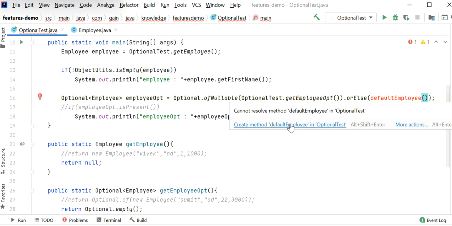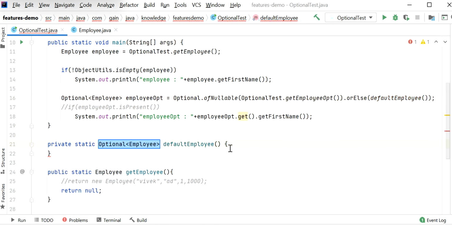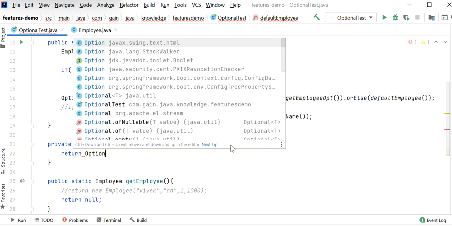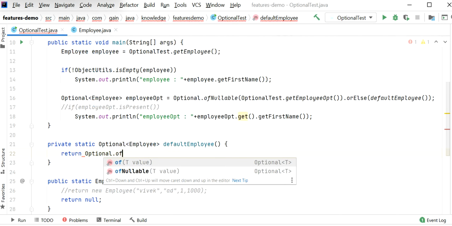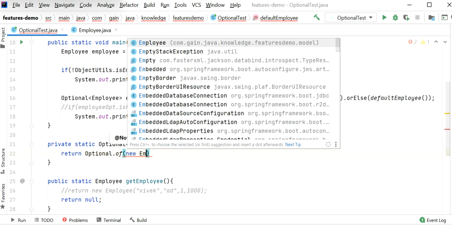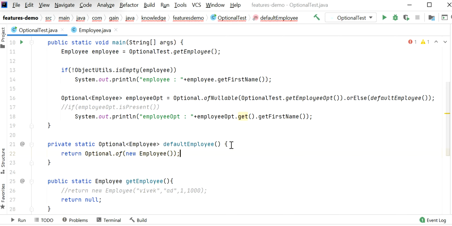So I will just create one method, and here I will create one object, return Optional.of(new Employee). In that case we do not need to use the isPresent method. If we are getting an empty object, in that case it will get this value.